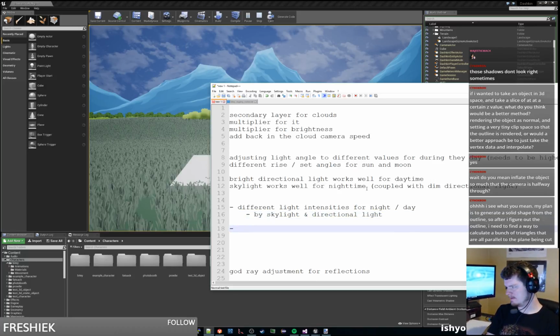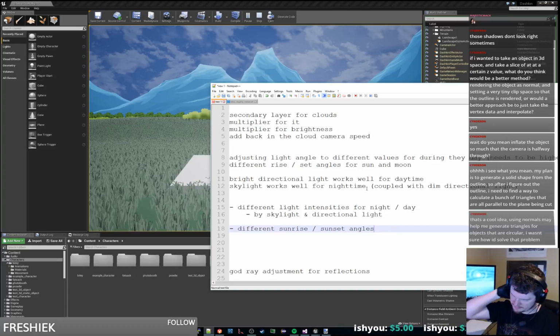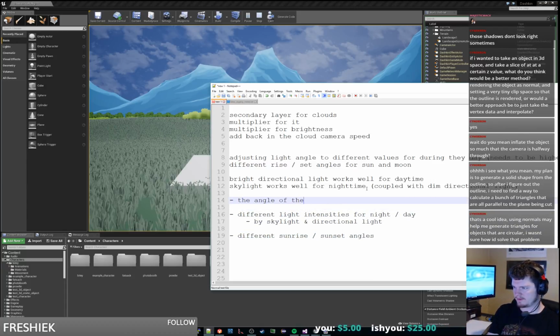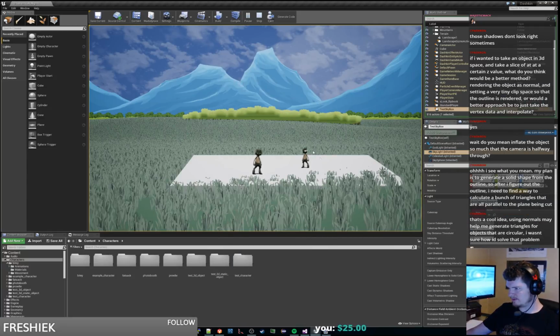We're going to need different sunrise, sunset angles for the sun and moon and all that stuff. The angle of the sun needs to go way higher than the angle of the moon. So the question is, if we're doing a sunset sort of thing,